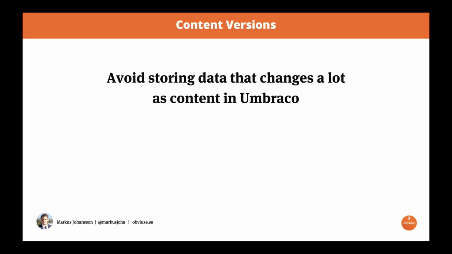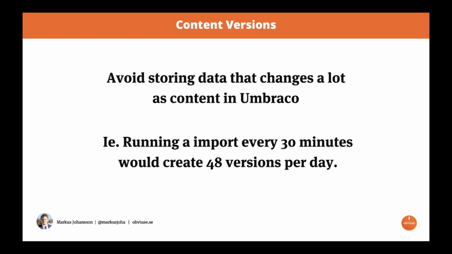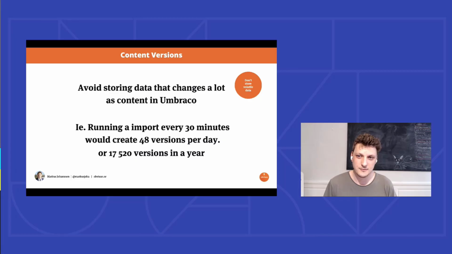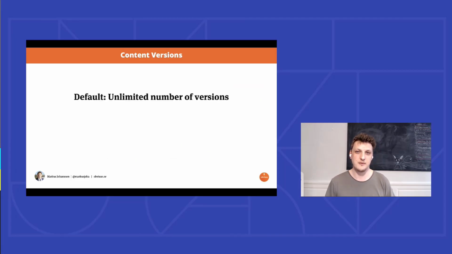But this also means that we should avoid storing data that's changing a lot as content in Umbraco. For example, if we're running an import job or something like that every 30 minutes, this would create 48 versions every day. And in a year, that would be 17,520 versions. You should avoid storing volatile data as content in Umbraco, because the default setup with Umbraco is that there's an unlimited number of versions. So there's nothing that will prevent you from creating as many versions as you could until you run out of